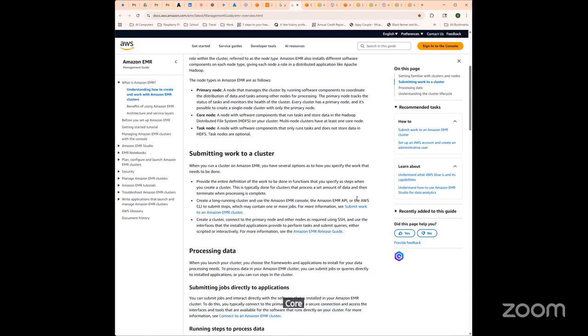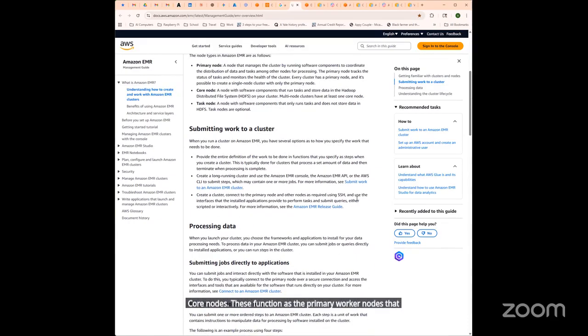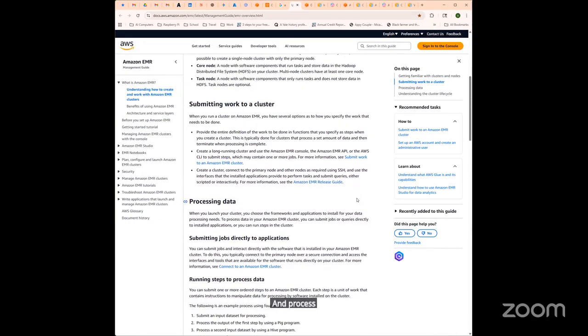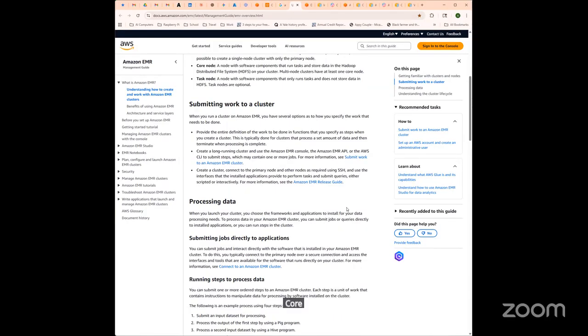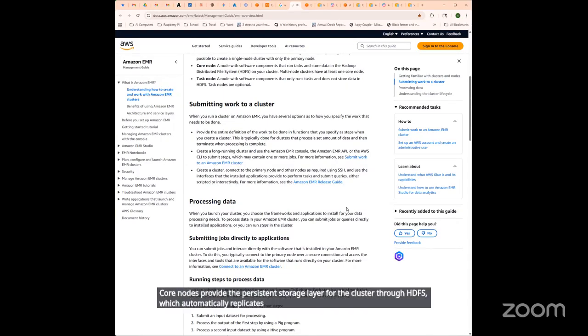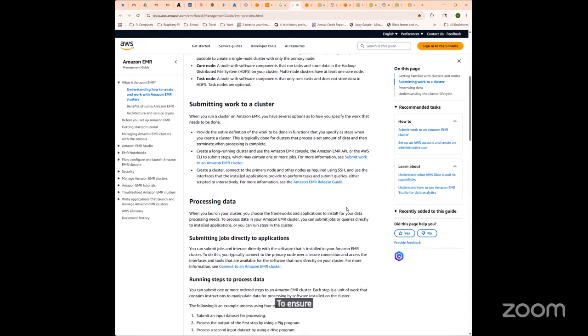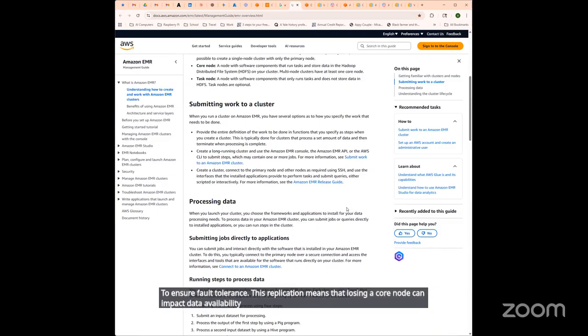Core nodes. These function as the primary worker nodes that both execute and process tasks and store data in the Hadoop Distributed File System, HDFS. These nodes run essential services, including Data Node for HDFS storage and Node Manager for resource management, making them critical for both computation and data persistence within the cluster. Core nodes provide the persistent storage layer for the cluster through HDFS, which automatically replicates data across multiple nodes to ensure fault tolerance. This replication means that losing a core node can impact data availability, making proper planning and monitoring